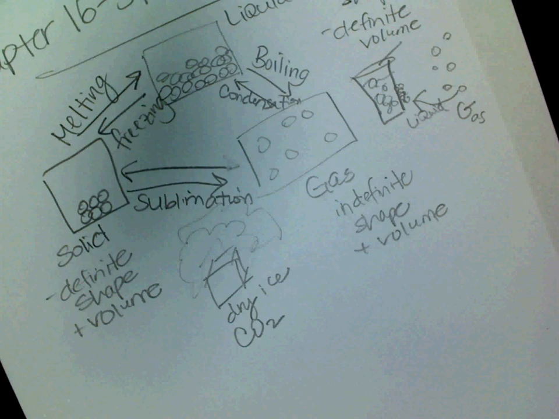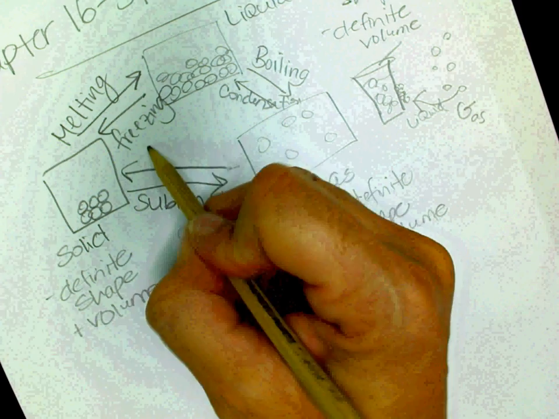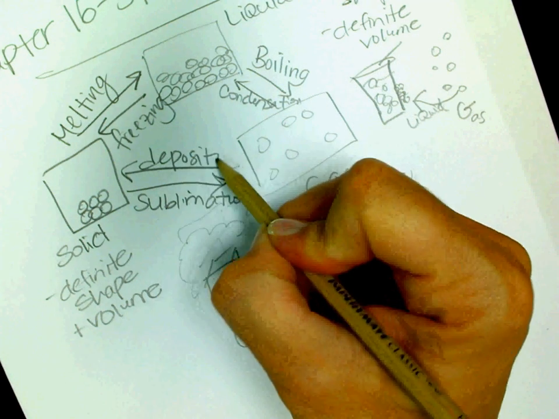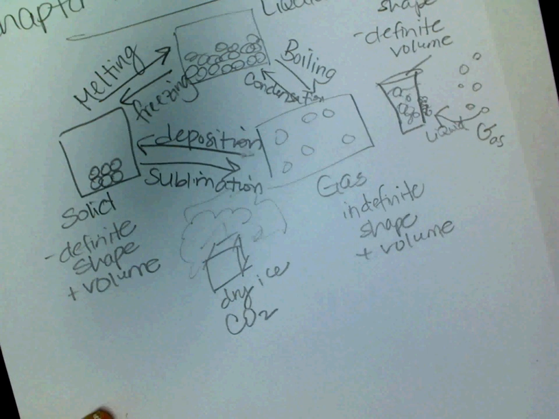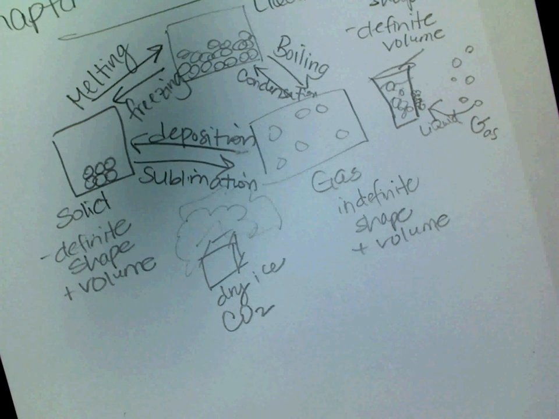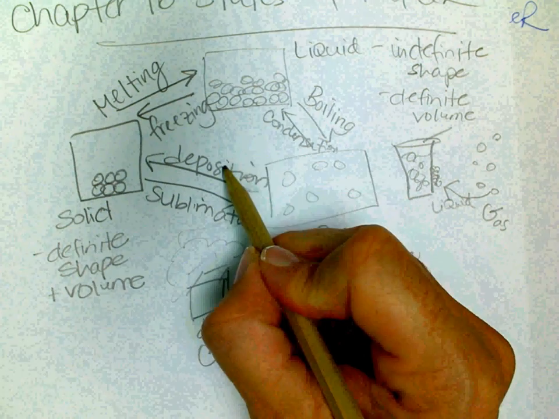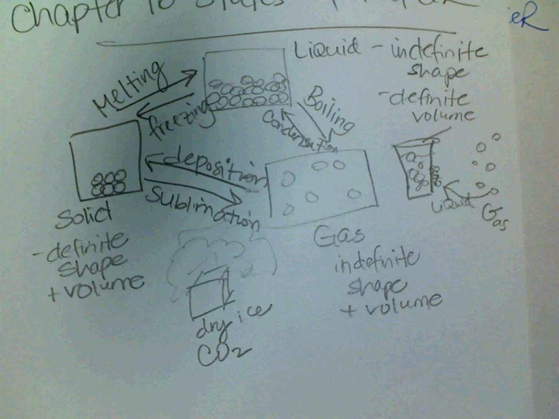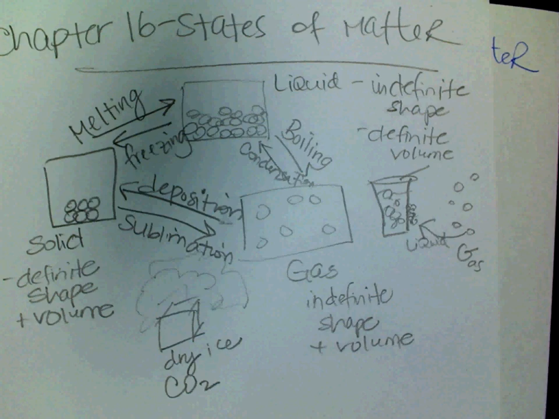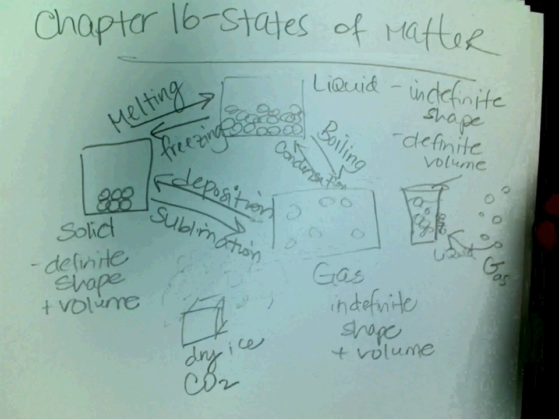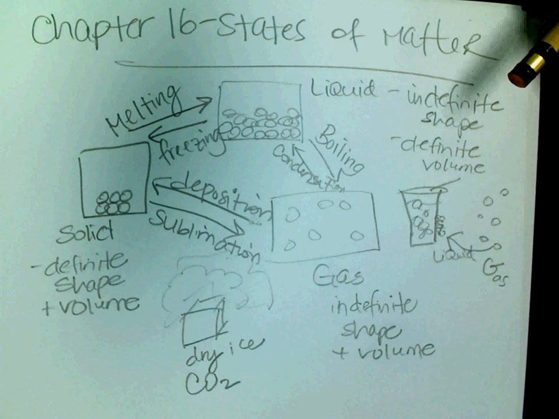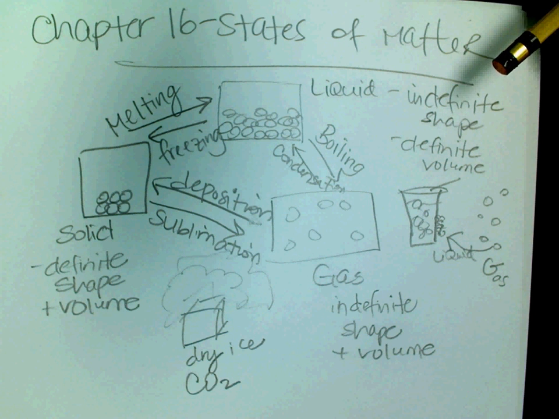And the opposite of that is called deposition. Sublimation and deposition. What's the root word of deposition? Deposit. The gas is depositing back into a solid. Deposition is gas to a solid, and then sublimation